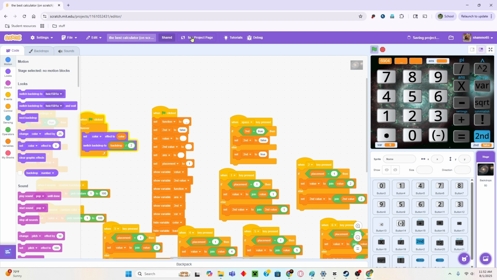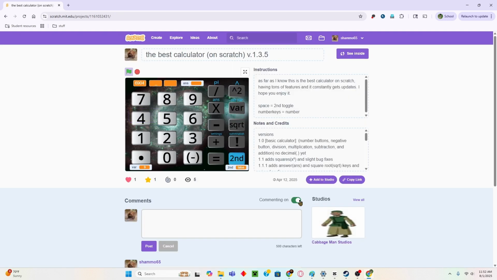But then also, if we see the project page, Cabbage Man Studios, I just like how, yeah. But basically, as far as I know, this is the best calculator on Scratch. Having tons of features and constantly getting updates, even though I haven't updated in like a month, but I was getting updates a lot. And these are versions 1.0, just a basic calculator, number buttons, negative button, division, multiplication, subtraction, addition,